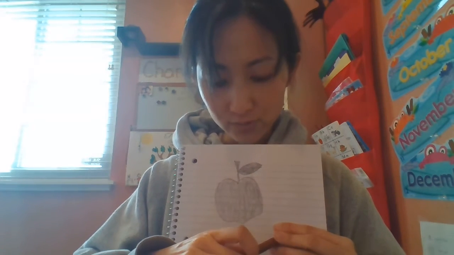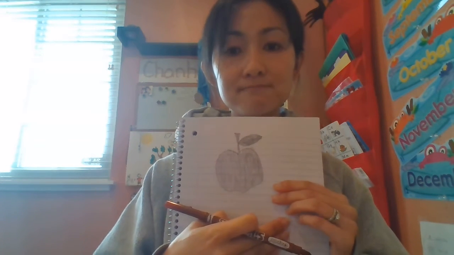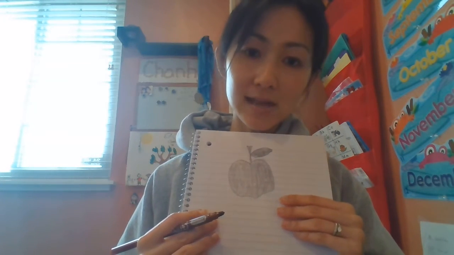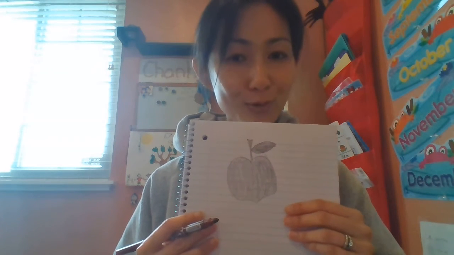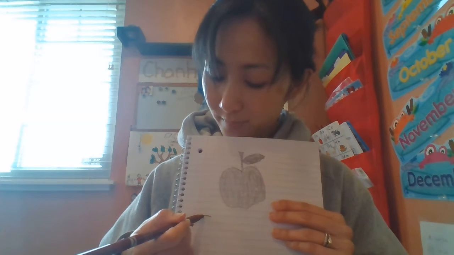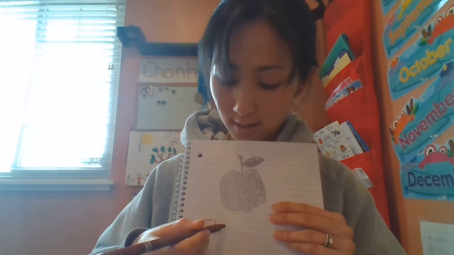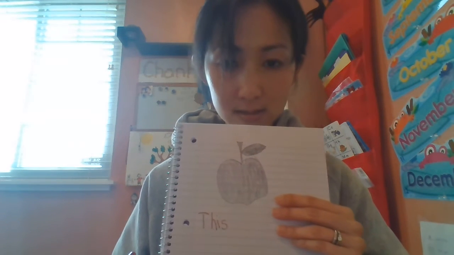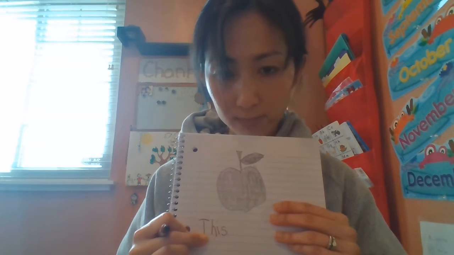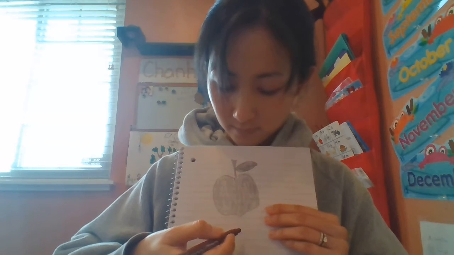Our sentence for today is to write: this apple is black. This is a sight word. Probably not many of you remember it, so Miss Mac will write it out for you instead. So this is T-H-I-S. Remember, the T is capital because it's the first letter in the sentence. This